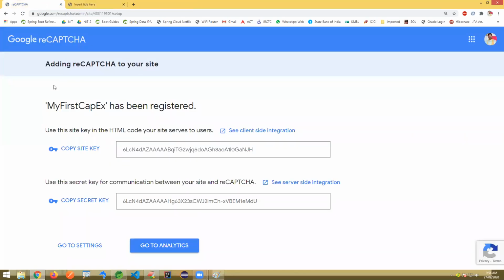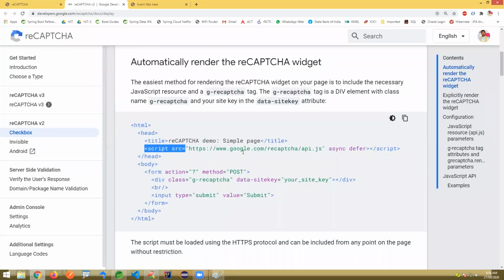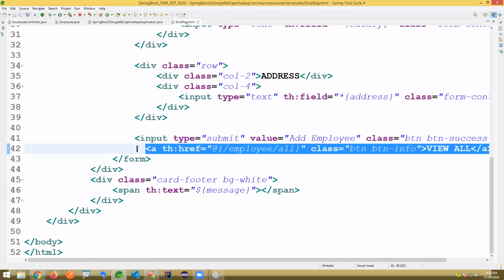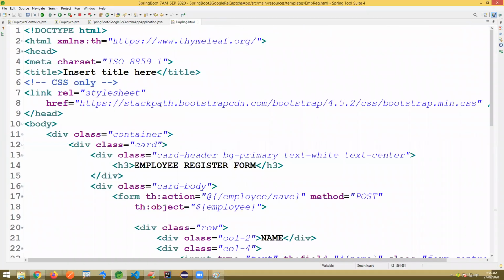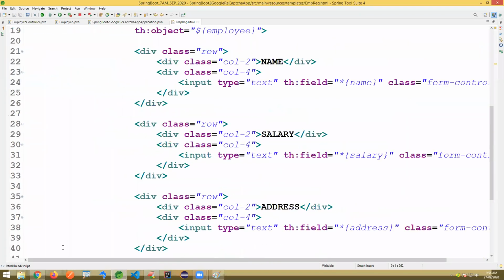Okay, now first we already registered the application here. There, click on client side integration. Here, take a script line. Come to HTML. It's a register HTML. There, add this script link.